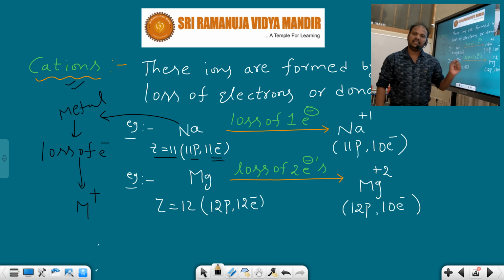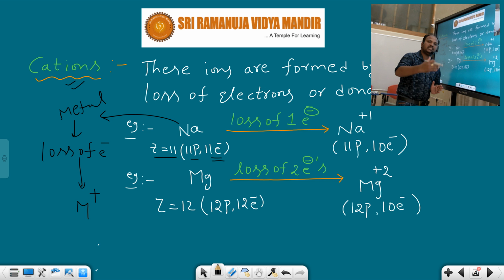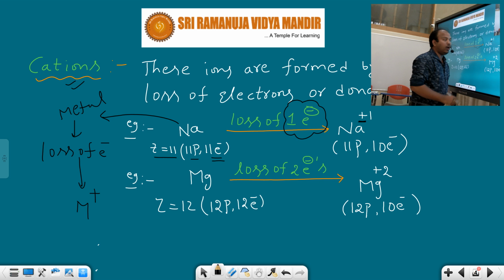So sodium is a metal. That's why it has the tendency to donate or lose an electron. Here sodium, how many electrons does it lose? It loses 1 electron. When sodium loses an electron, it gets a positive charge. How many electrons does it lose here? 1. That's why the charge on the atom is +1. If it donates 2 electrons, we know it is +2. If the metal tends to donate 3 electrons, +3. Here sodium is the metal which is capable of donating 1 electron. That's why it has the charge +1.